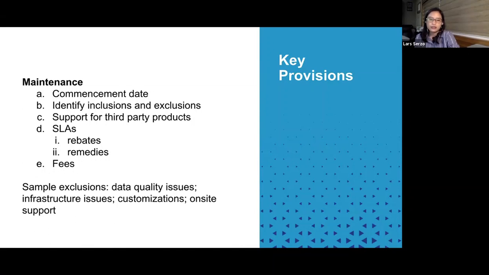And then again, our note on remedies comes into play here. So if you're the customer, you should see to it that even if you collect rebates, demand refunds, etc., or penalties, this will not affect your right and ability to go after the provider or to exercise other rights arising again from the contract and from law.